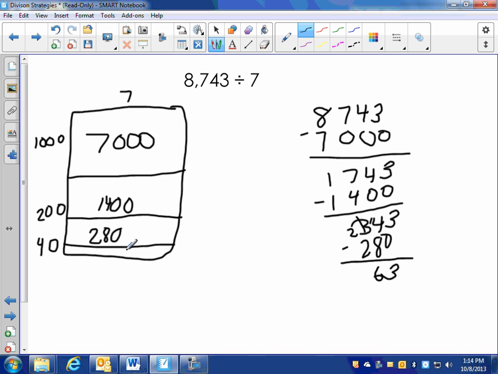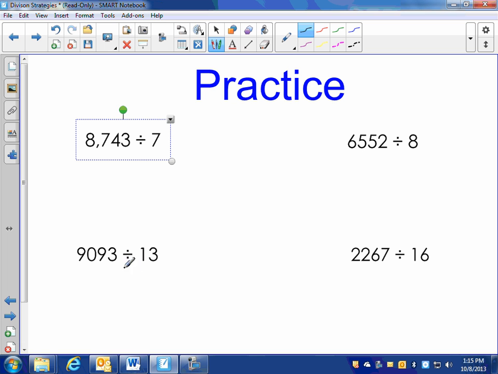63 divided by 7, whoops, is 9. And I'm going to squeeze the number 63 in there. And that means I have no remainder for this. So to solve this, I would add 1,240 and 9 together to get 1,249. Now if I want to do a 2-digit divisor,